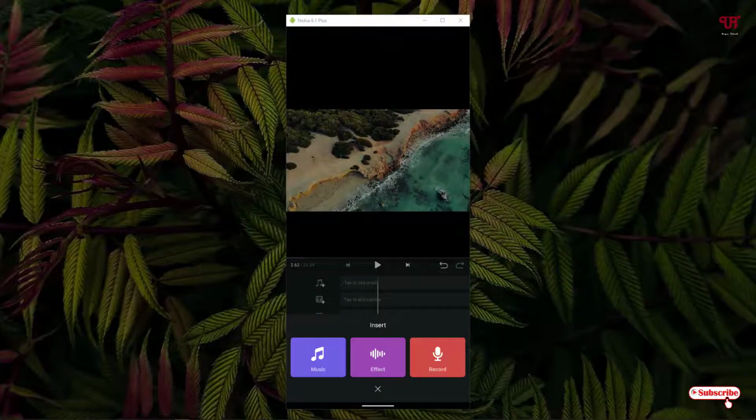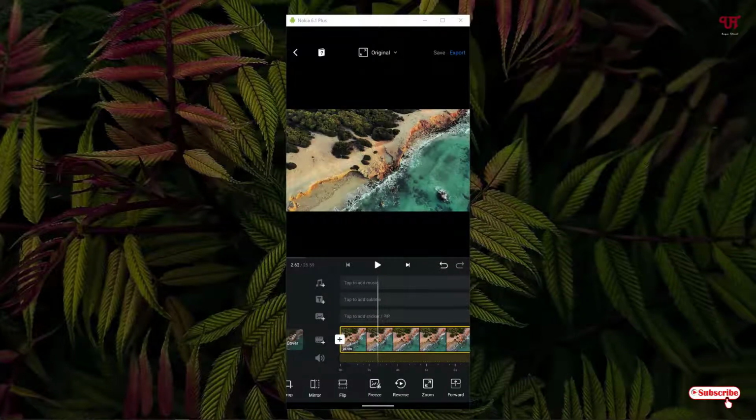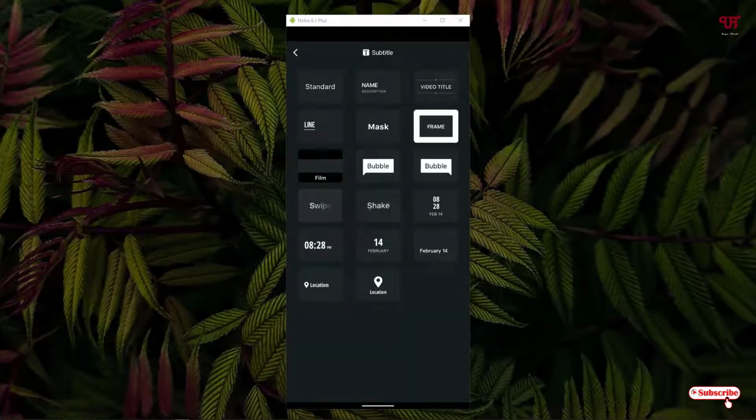And next to it below, you can see a text option. When you tap on the text option, you can give a video title or any descriptions you want to mention in the video. Then you can use options like subtitles. If you want, you can also use these text options to add the title or the ending part of the video, or any descriptions you want to mention, or even if you want to edit time or locations, you can